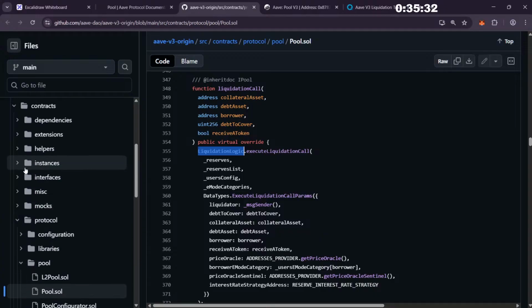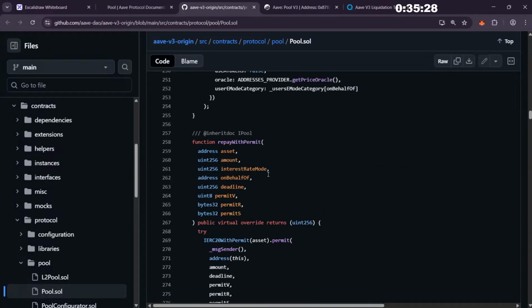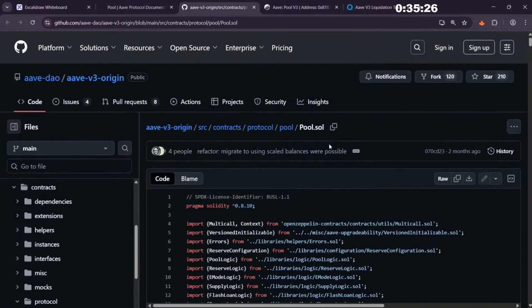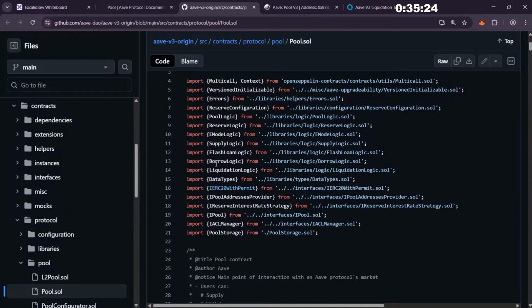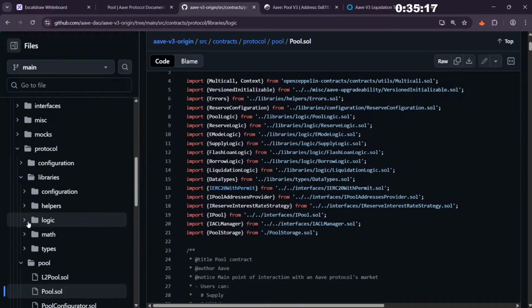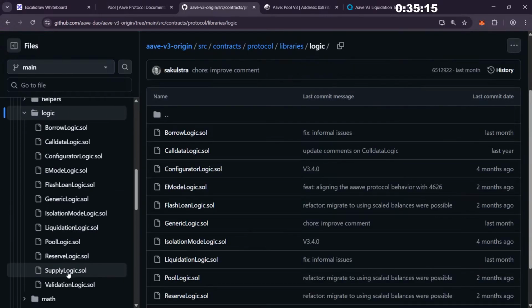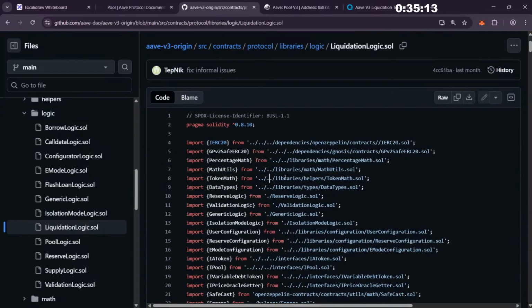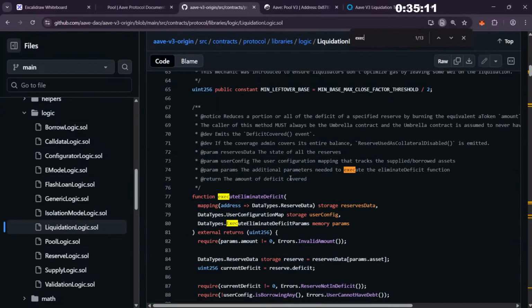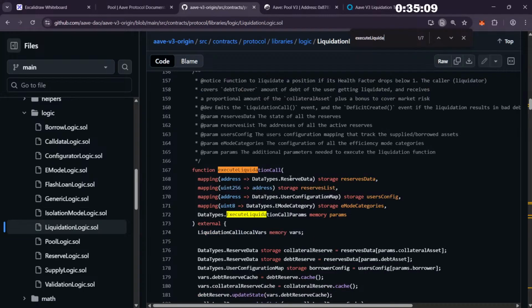So let's see the imports. Liquidation logic, libraries, logic, and then liquidation logic. Now we need to find execute liquidation call,